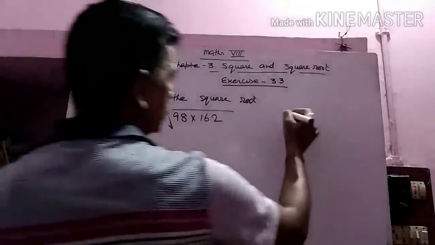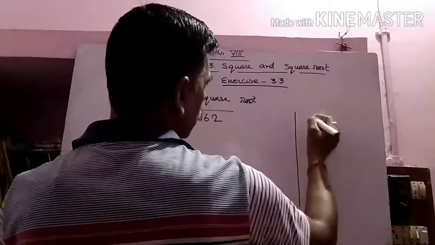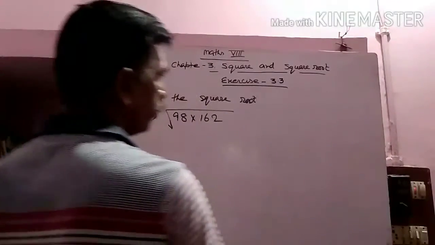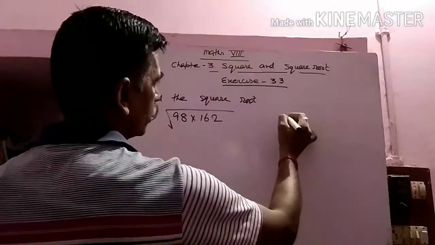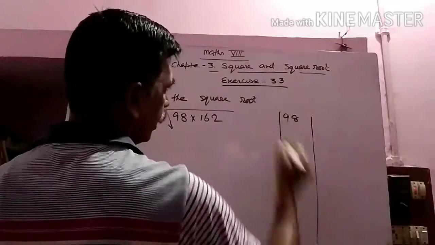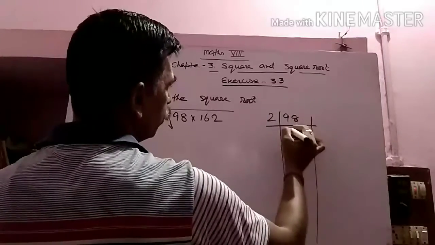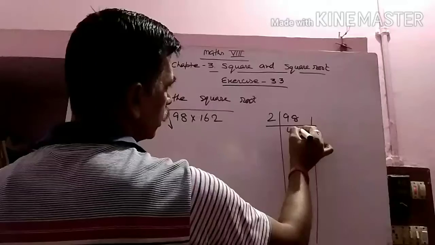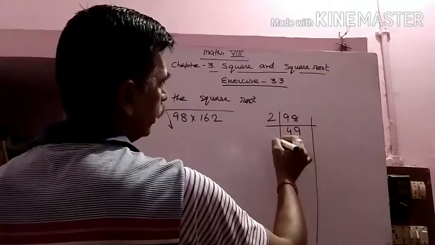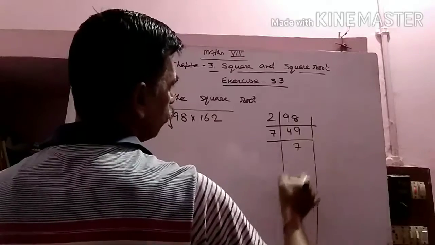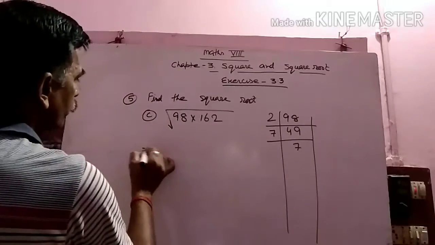So to get the value of this number, we have to find the prime factorization of 98 as 2 fours are 8, 2 nines are 18, 7 sevens are 49. So